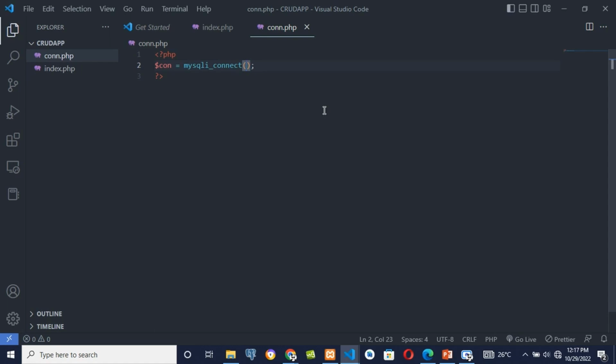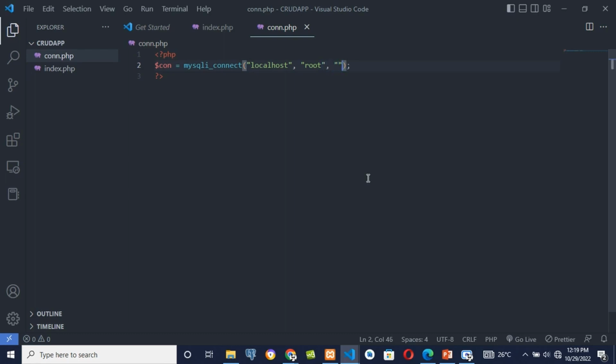So I think hapa itakuwa the server which is localhost. Okay, so itakuwa na localhost which is the server, alafu the user which is root in this case,